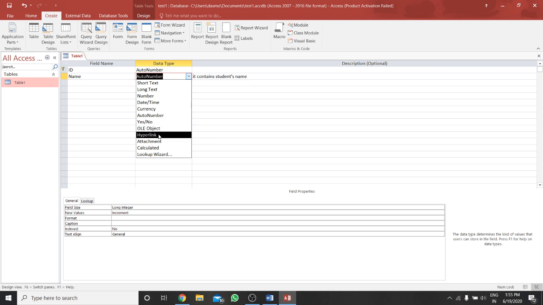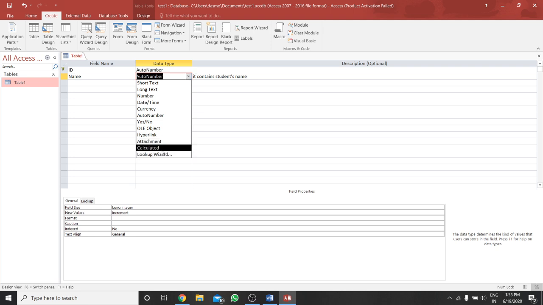Then we have the hyperlink. The hyperlink consists of link addresses, meaning we can have a link to a website or any other file. The hyperlink can have 2048 characters. Then we have attachment. The attachment consists of pictures, Word files, Excel spreadsheets, sound and many other things, so there is no limitation of size.